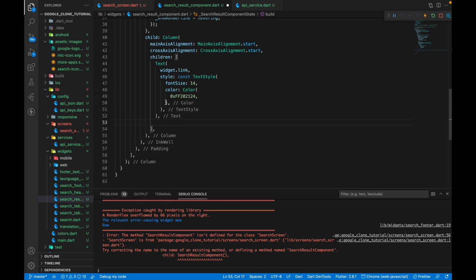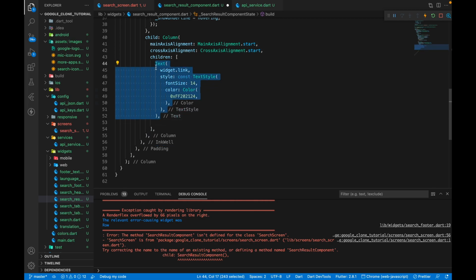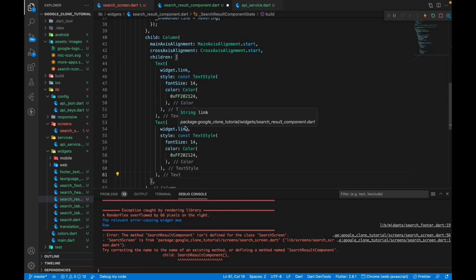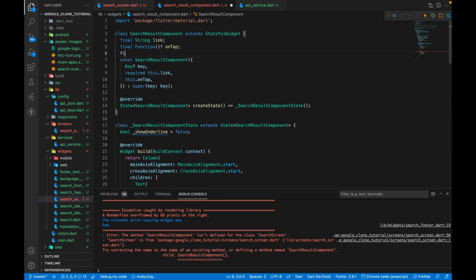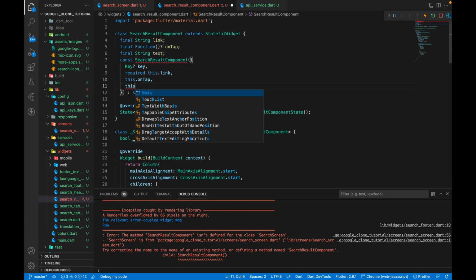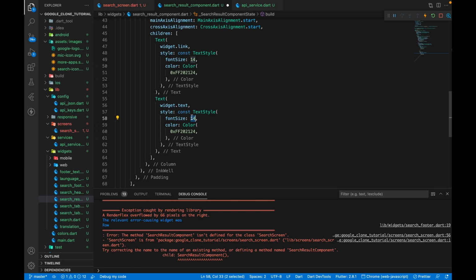Having that, we need another text which we can just copy this much. Let me copy this, and we can paste this much, and the widget will be widget.text. Now we'll have to have this text as well, so we can have final String text, and this will be this.text. Now this text has to be required, so we can do required this.text, and the style over here we can replace, we'll have to remove the font size, and the color we are going to get is